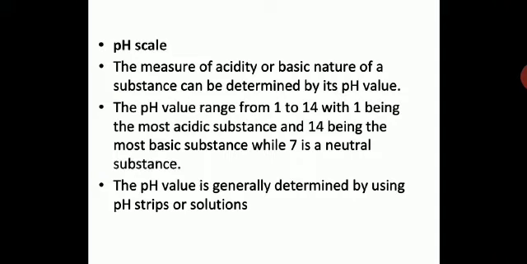But here the solution, that is a universal indicator, the pH strips, will help you to know the measure or the amount of acidity or basicity of a substance, how much a substance is acidic or basic, because you get the exact number for this. You can easily find it out and you can easily compare the acidity of two substances. If two substances are acidic, like acetic acid and hydrochloric acid, you can easily make out which one is more acidic and which one is less acidic because of the pH strip.